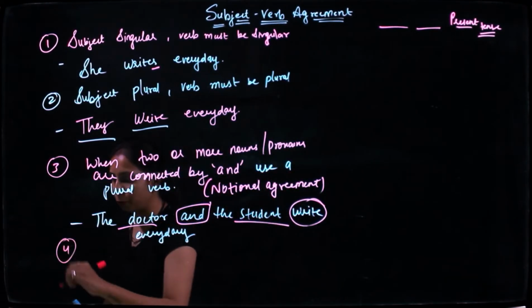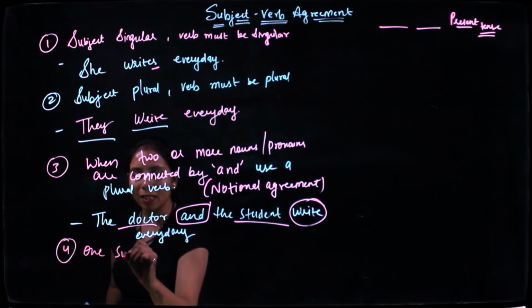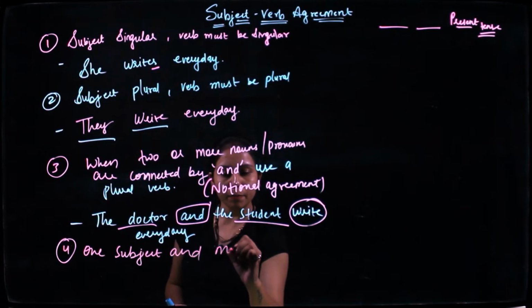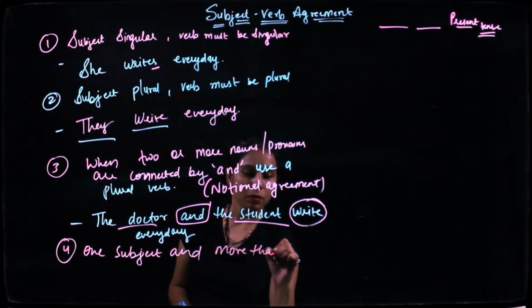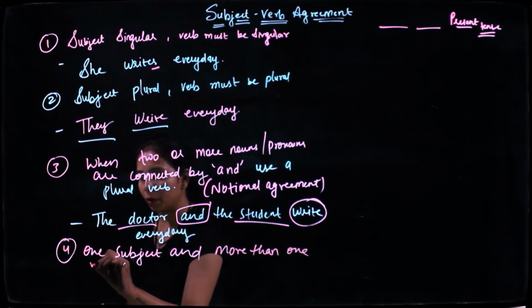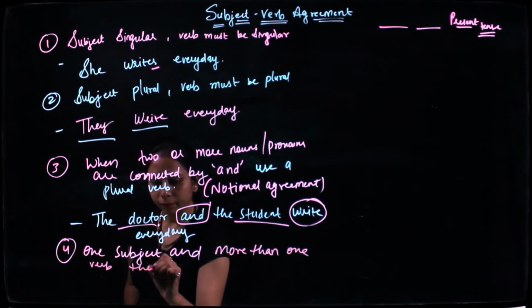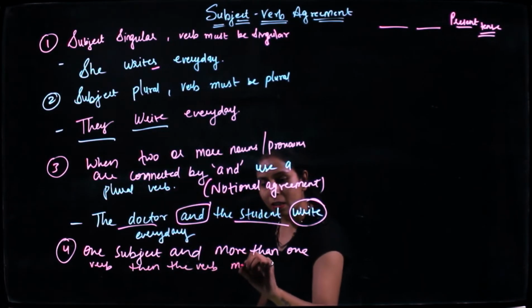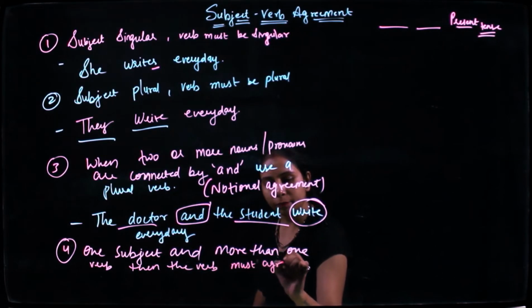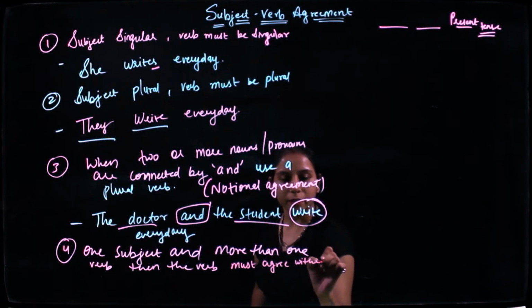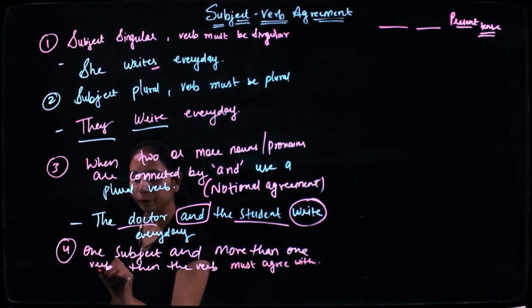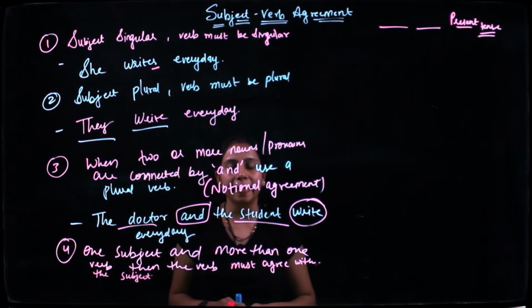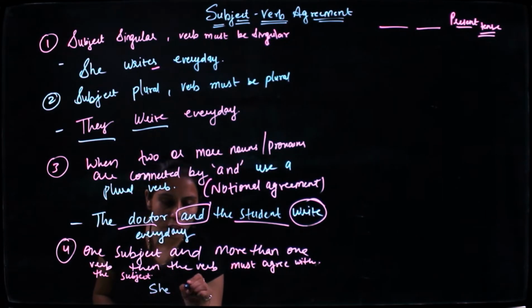Now I would talk about the fourth scenario. When there is one subject and more than one action word, more than one verb, then the verb must agree with the subject. Like I say over here, I don't say she play. I say she plays,